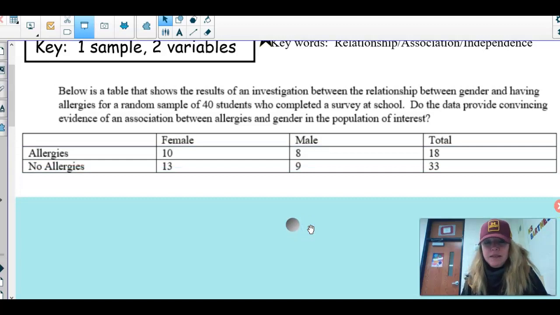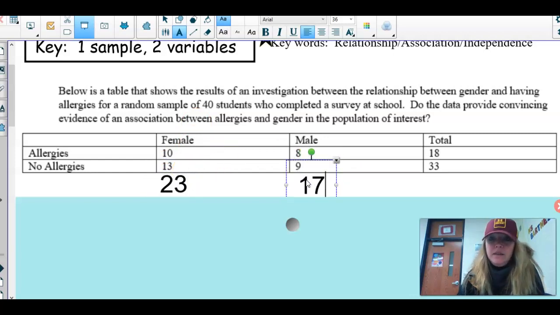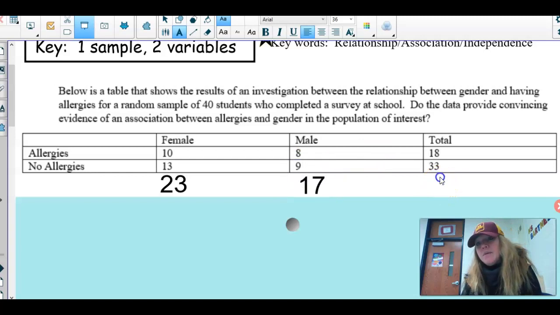Here is my table. Now notice I don't have any totals. I don't have a row total. Oh, I'm sorry, I do have row totals. I don't have the column totals. So we can fill those in real quick just so we can see them in case we have to do anything with them. Females, we have 23. Males, we have 17. And then together we have, oh dear,